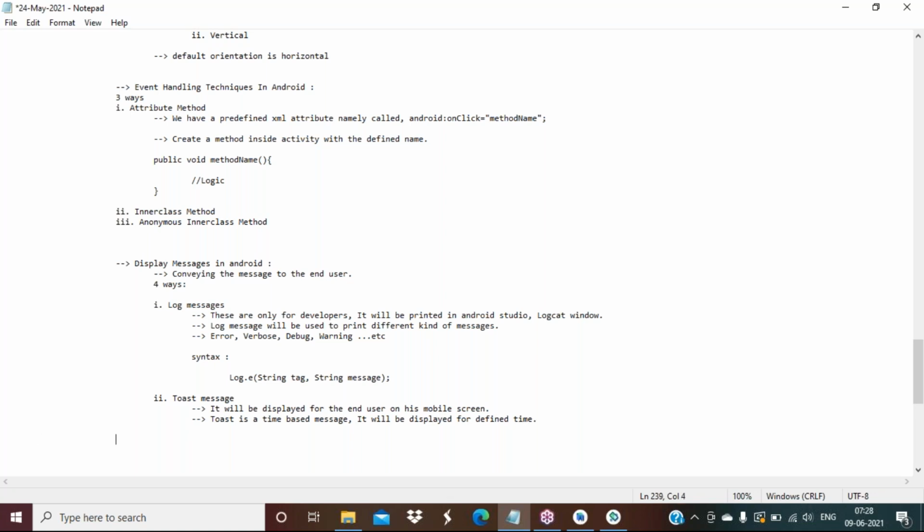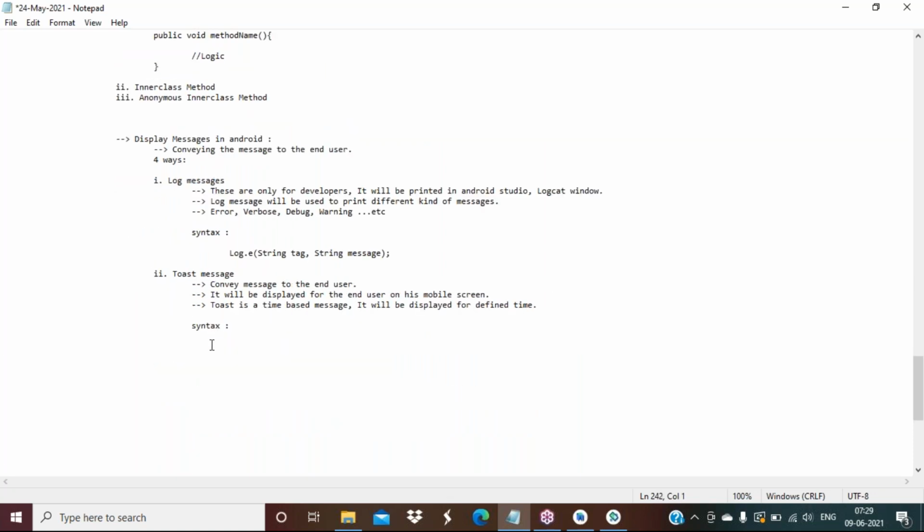Let me write the syntax. If you would like to convey any message to the end user, that is the purpose. One important point: convey a message to the end user. This is the main importance of a toast message. What is the syntax? See now how I am writing. For a toast, you have to write capital T-O-A-S-T, Toast, like this, just like how I wrote Log. There is a predefined method for toast called makeText.